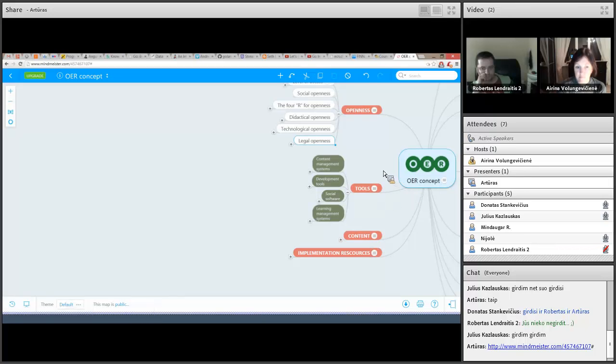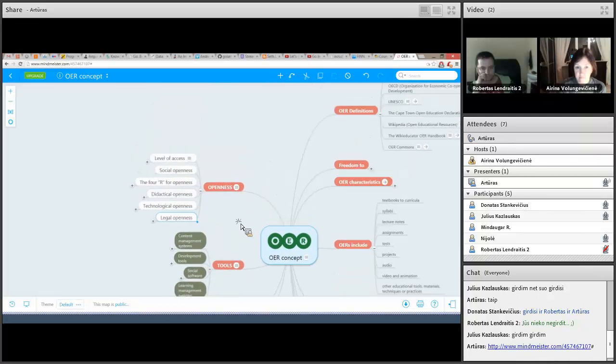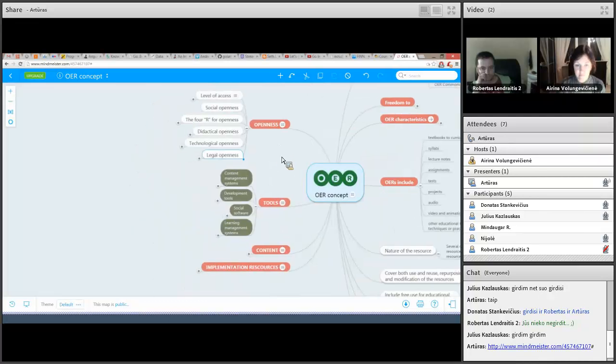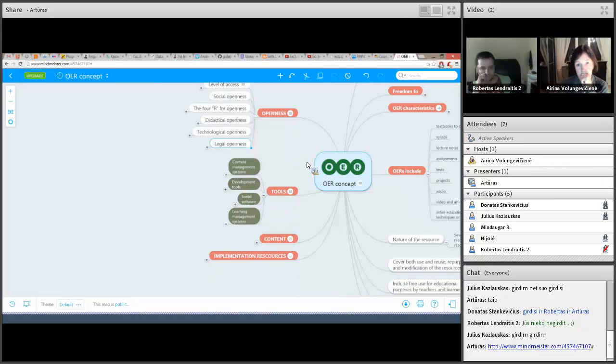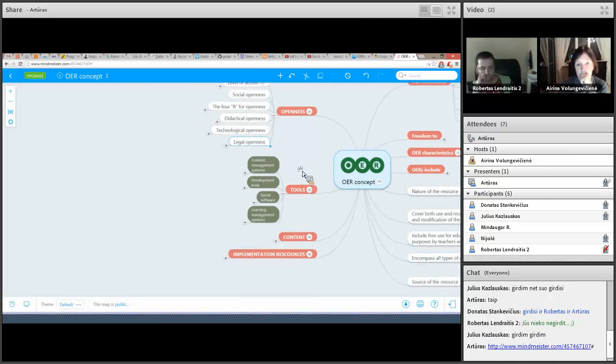It's not just some terms, and open educational resources actually have to provide some kind of tools to make it work. So here you can see different kinds of tools, and I can read them.